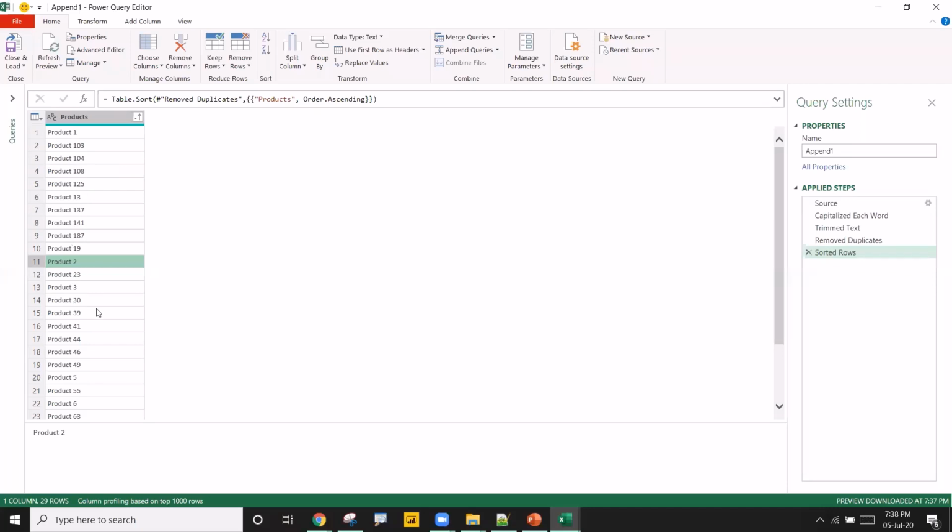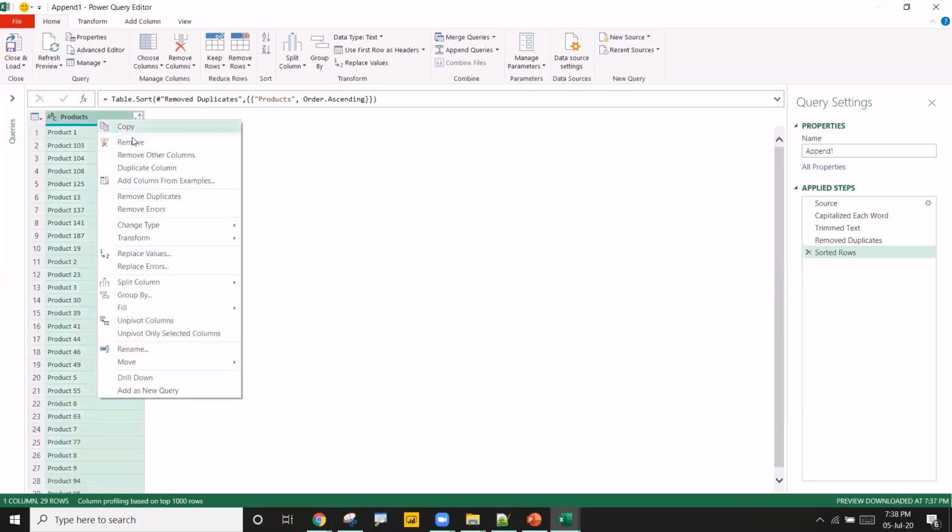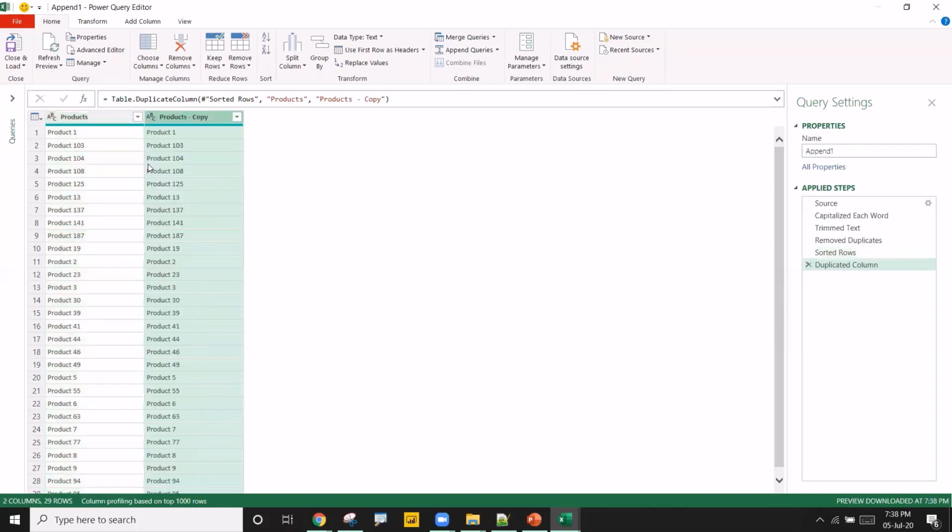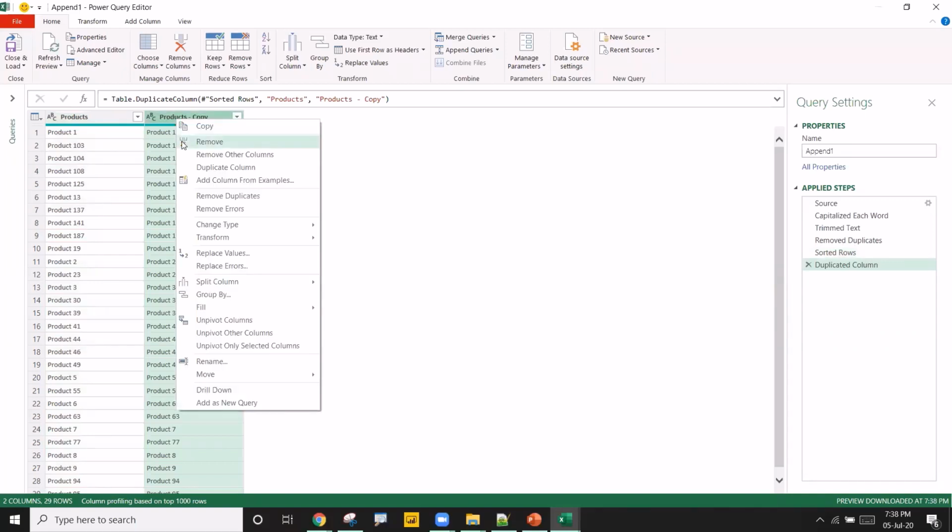and so on. So if this is your real requirement, what exactly I'm going to do is right click, duplicate the column. After duplicating the column, any guess what I'm going to do now? Product 1, Product 103, nothing but here you see the space is a delimiter, correct? So I'll split this by delimiter. Now you see this, right click, Split Column by Delimiter.